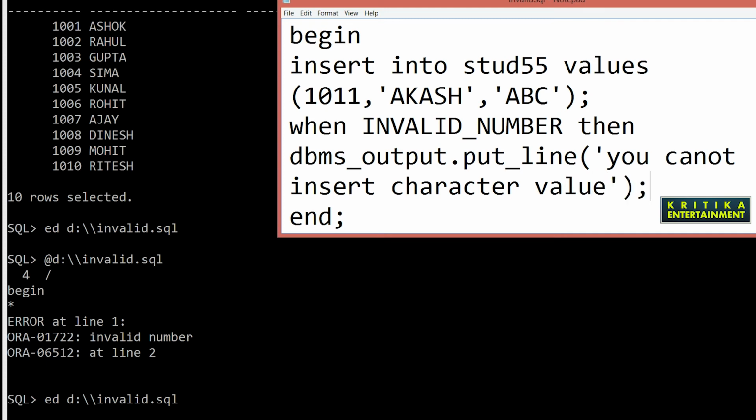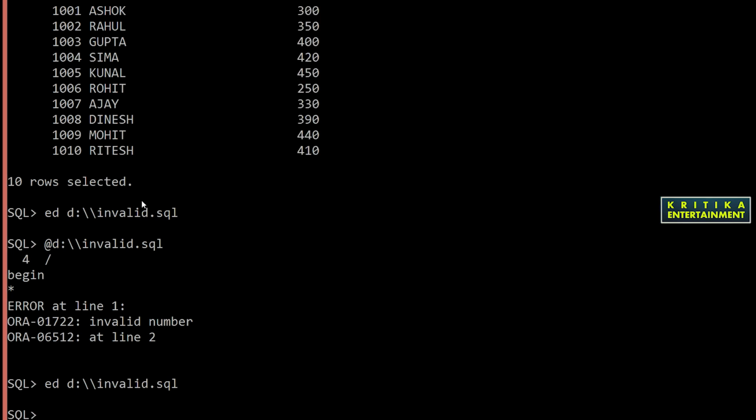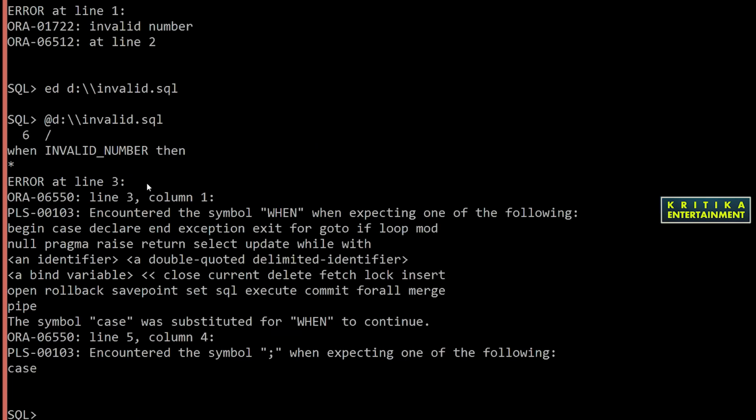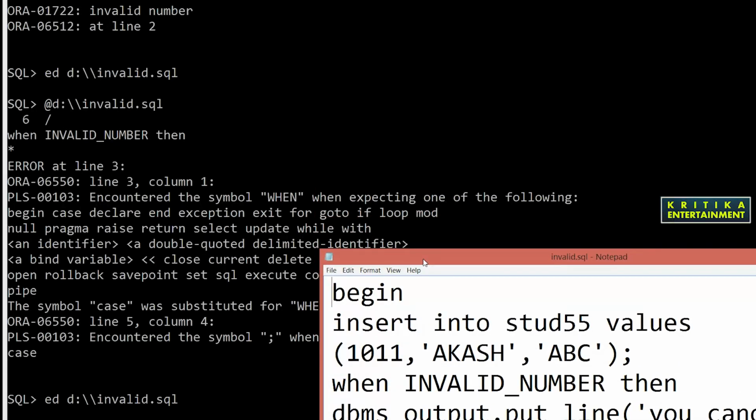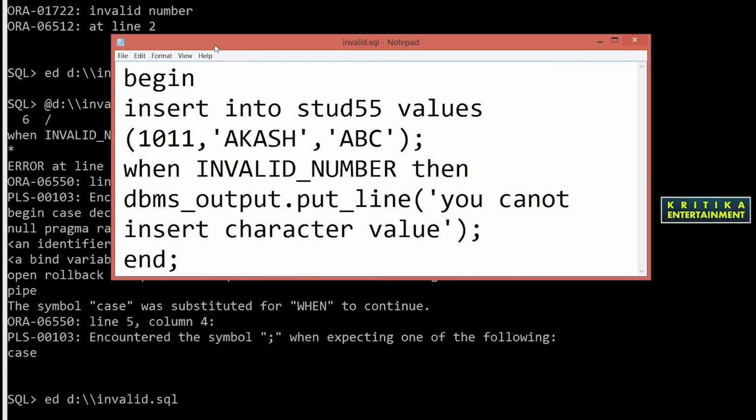So I'll save this and close this. Then I'll run this. Then see, it encounters an error when expected.